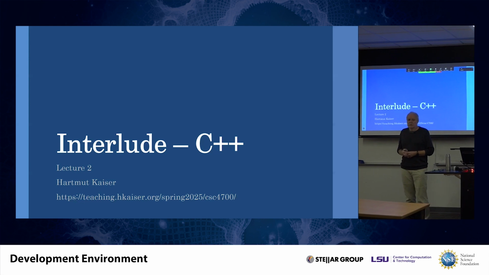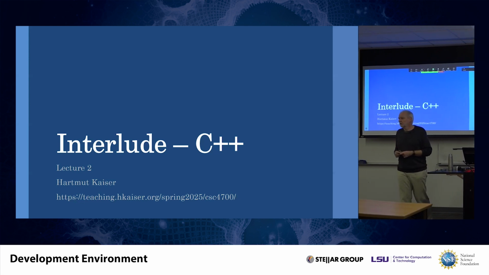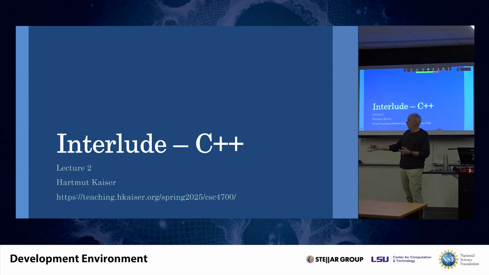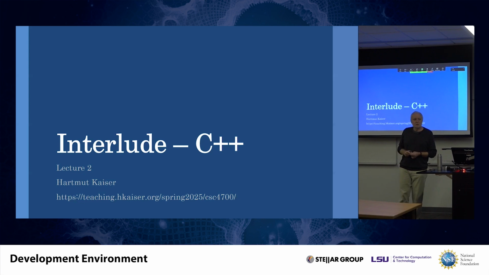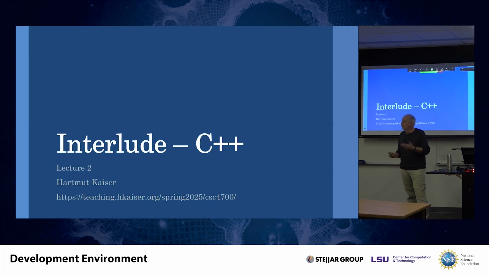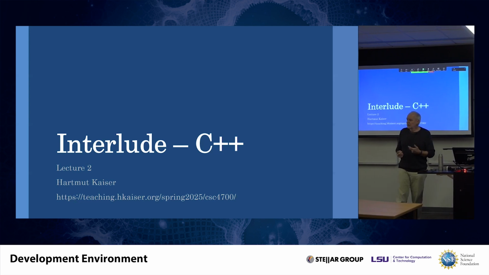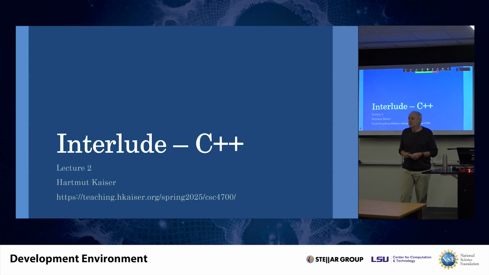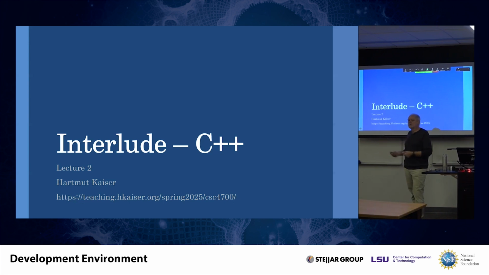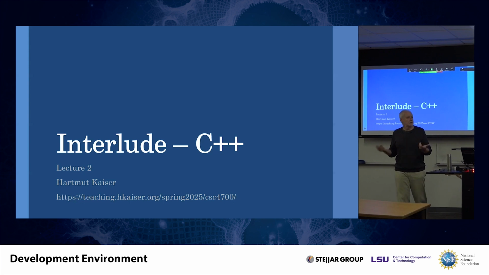Just as a glimpse into the next lecture, what I want to do is to develop some custom types in C++ that allow us to automatically count operations. That is good for performance measurements because you want to know how many operations the code has actually performed, something which might be very difficult to figure out. If you have a complex algorithm, you might not be able to follow that properly or do it by hand. So you can instrument the code with a fairly simple C++ class, and it will tell you in the end, hey, I've copied that object so many times. I have done comparisons with other instances of that same type so many times.